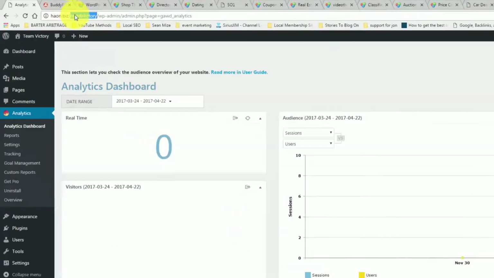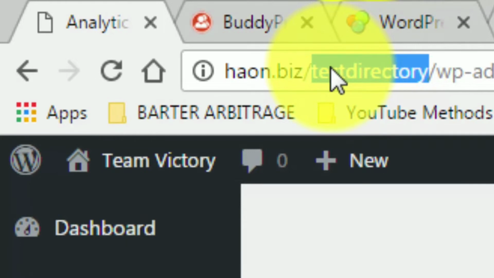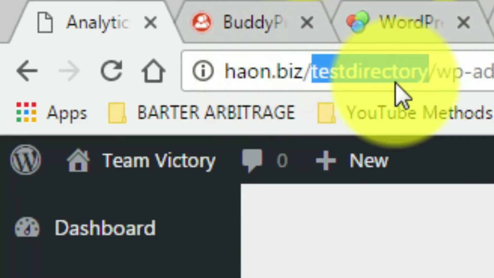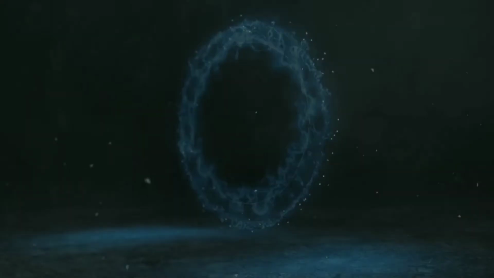A WordPress website is built in a directory. You could, if you wanted to, build several WordPress sites in several directories and have them all